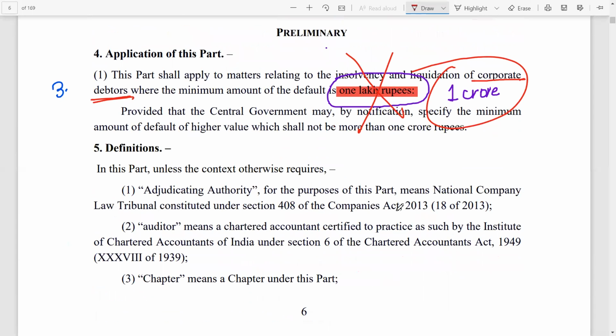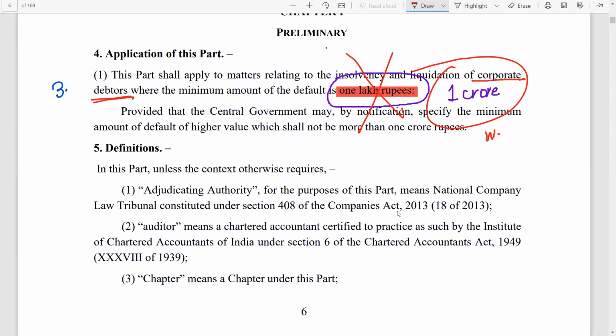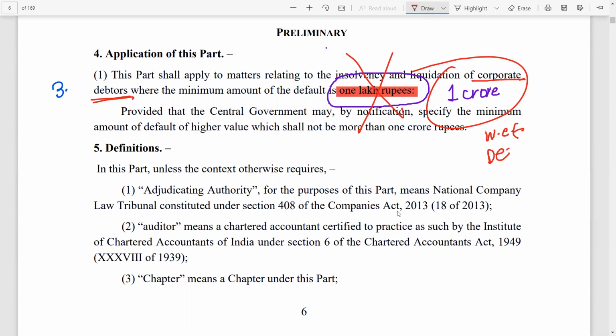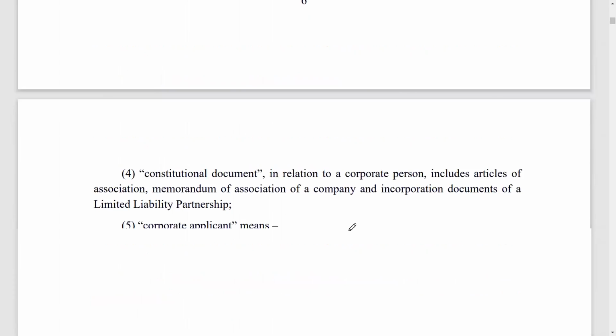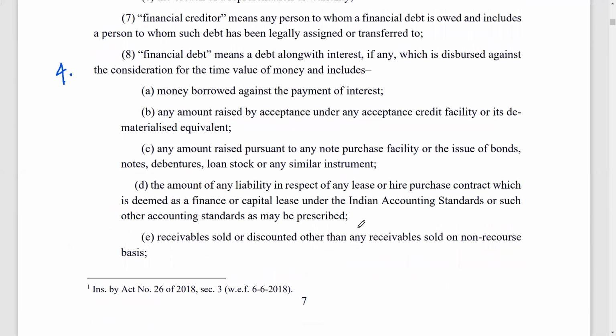This is the amendment, with effect from the December 2020 attempt. I'm not saying year, this is for the December 2020 attempt. Thereafter, you have the definition of financial debt. In case you get a question, what is the definition of financial debt, and you don't remember anything,